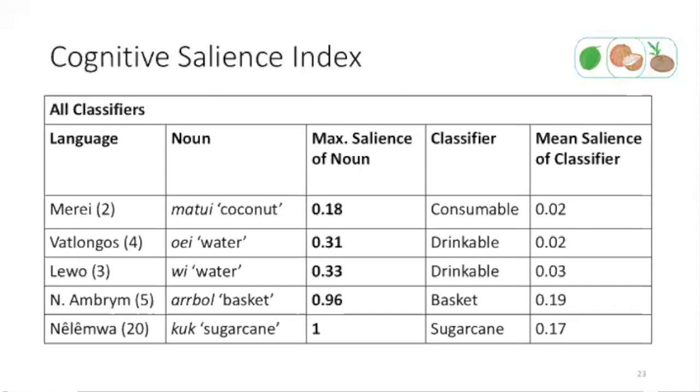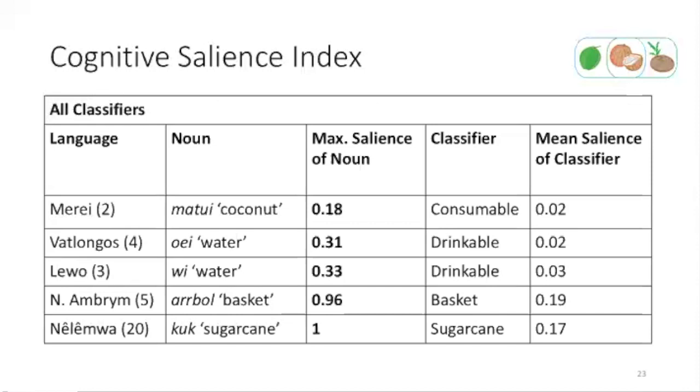The results roughly mirror those for the maximum salience score, so languages with larger inventory sizes have larger mean salience scores. Our results highlight the fact that languages with larger inventories are more likely to include classifiers with highly specific semantics and a limited range of noun membership. Hence, we get larger maximum salience scores for these classifiers, as their membership will have little variation compared with most salience members.